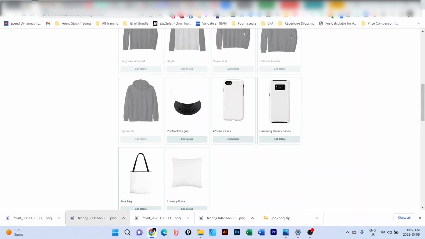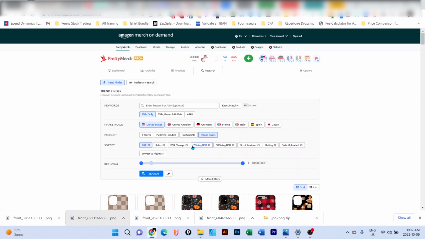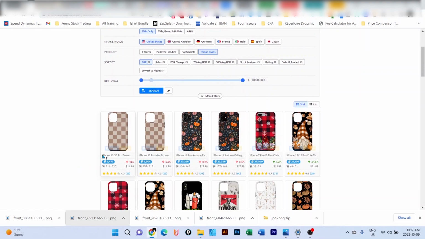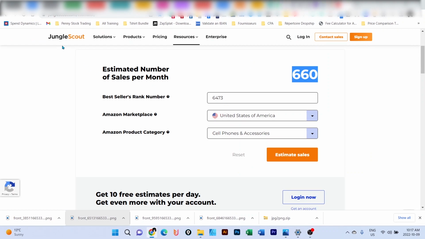If I go to a research tool like EXTCODE and I go to the research tab, I click on the phone cases, I move the BSR range to the maximum and click on search. You're going to see, for example, this iPhone case here, which is a brown checkered case with a BSR of 6,473. If I go to a BSR research tool, like the Jungle Scout research tool, you're going to find out that for a BSR of 6,473 in the category of cell phones and accessories,